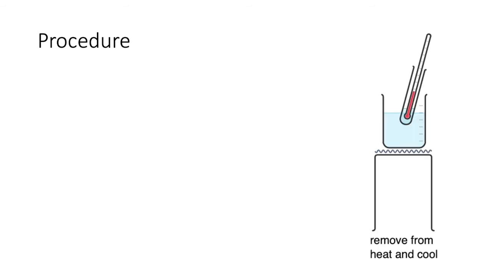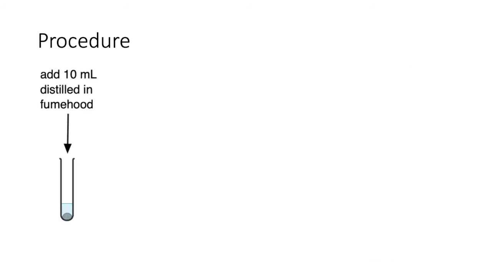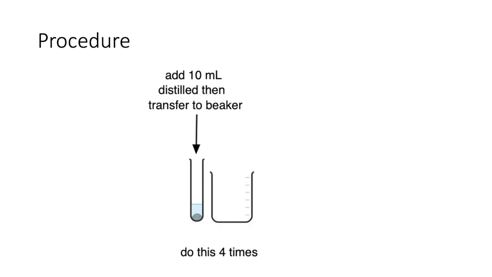After you're done the heating process, turn off the heat, remove the test tube from the bath, and allow the mixture to cool while stirring occasionally. At this point, a solid should start to precipitate. After cooling, we can move to the reaction workup phase of the experiment. Bring your test tube to a fume hood and add 10 milliliters of distilled water to the tube and stir well with your thermometer. After this, take the tube back to your lab bench and transfer the mixture into a